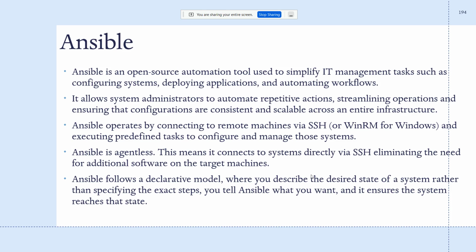So that's what Ansible is doing, and it is following a declarative model where you describe the desired state of a system rather than specifying exact steps. You tell Ansible what you want, and it ensures the system will reach that state. So what happens here? Instead of specifying what steps it has to do, you will be describing the state of the system, what you want, and in that desired state, you will tell your